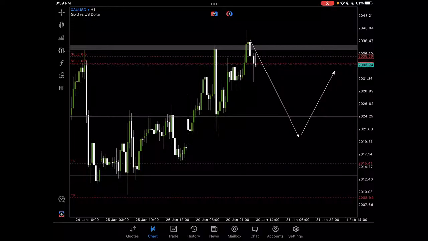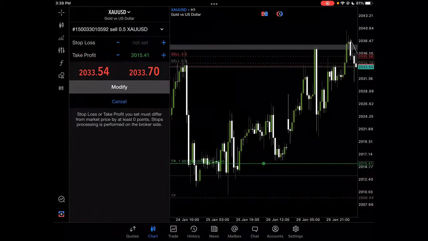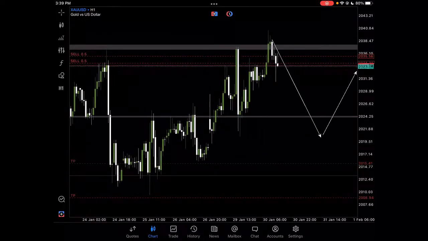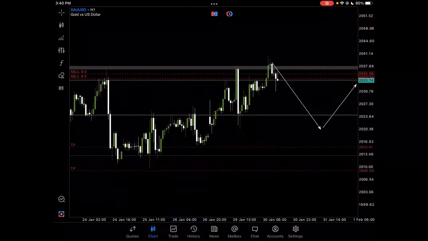So let me say, for example, one position here is giving me $1,000 in profits. So if I want to take a 3-to-1, that means I'm going to risk $300. So this means I'm looking for $2,000 from here. So if it is a 3-to-1, I'm going to risk $300 per position. I have two positions, which equates to one lot because it's 0.5 each. So if I look for $300,